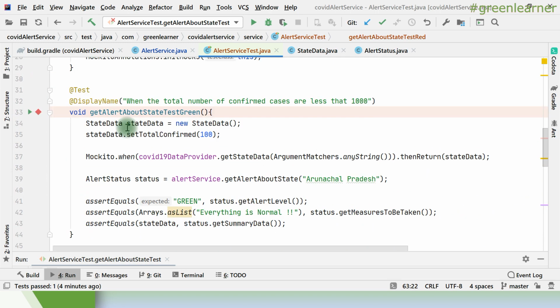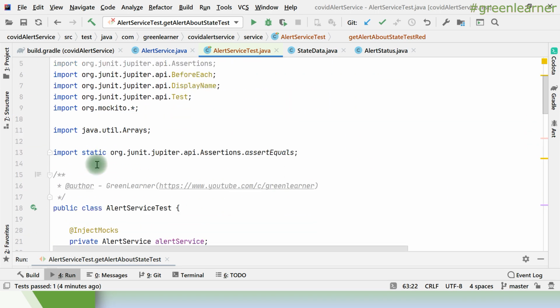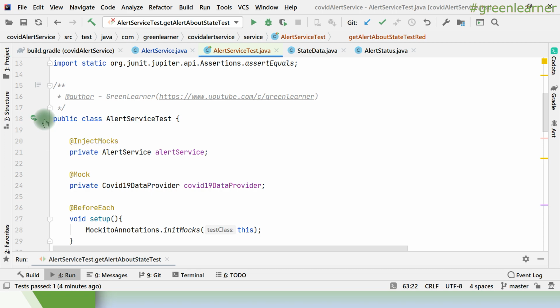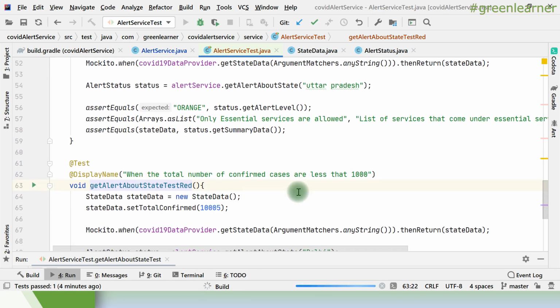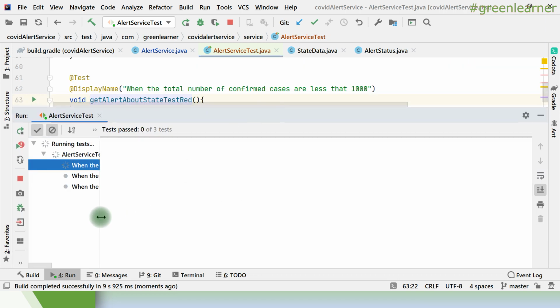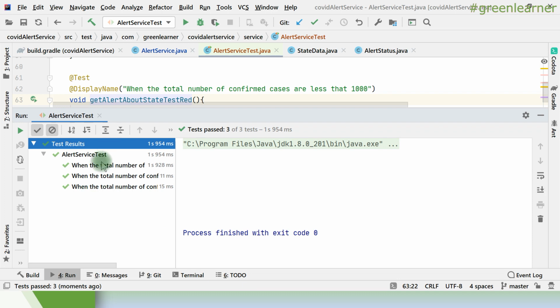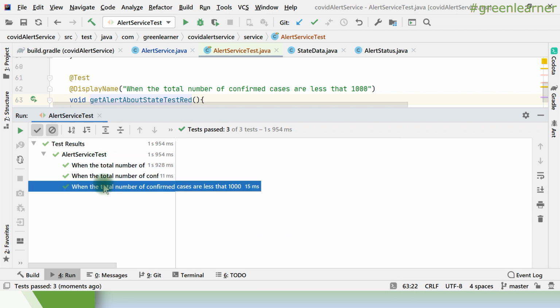So let me execute all the tests together and see. Here the display name I have not changed, so let me change that after the execution. Yeah, all the test cases are passing properly, right?